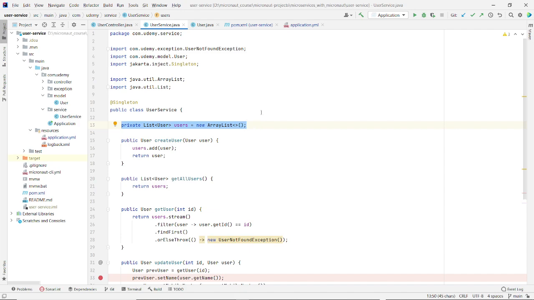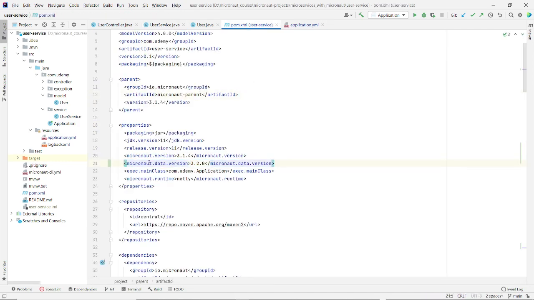Micronaut Data is a database access toolkit that uses ahead-of-time compilation to pre-compute queries for repository interfaces. It provides a general API for translating a compile-time query model into a query at compilation time, and provides runtime support for JPA and SQL. So to use Micronaut Data, first we will have to add it to the annotation path processors.